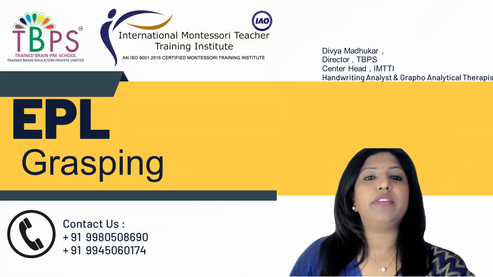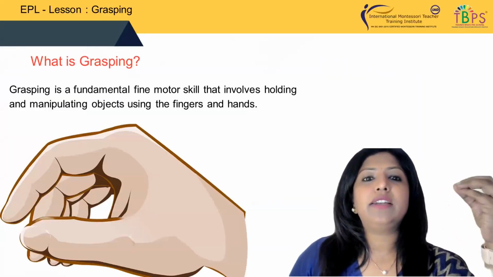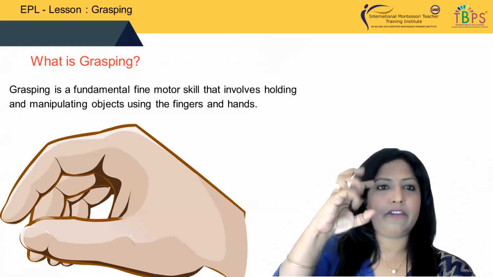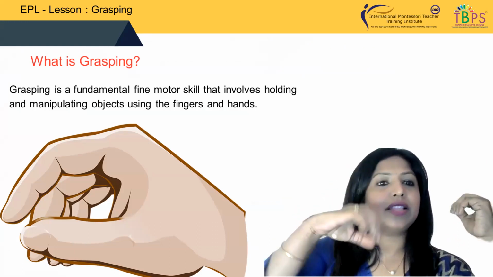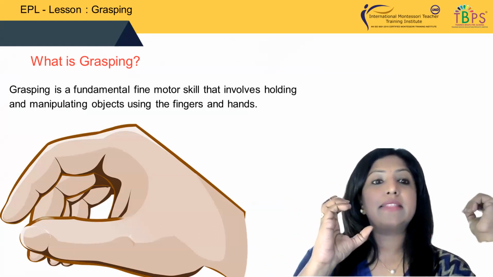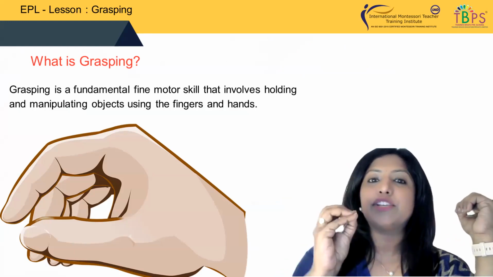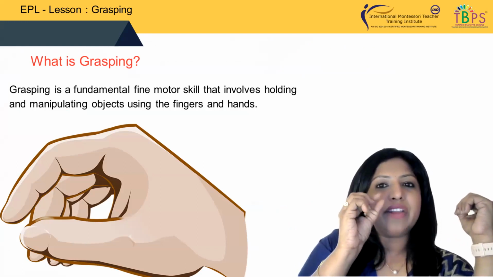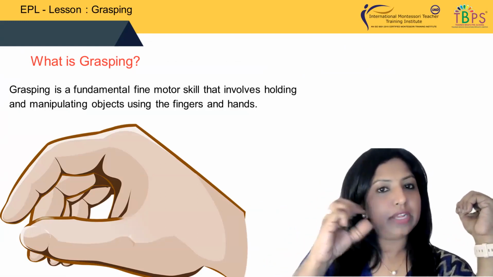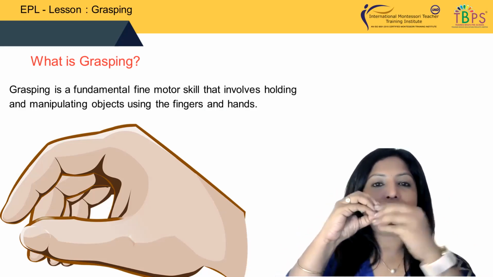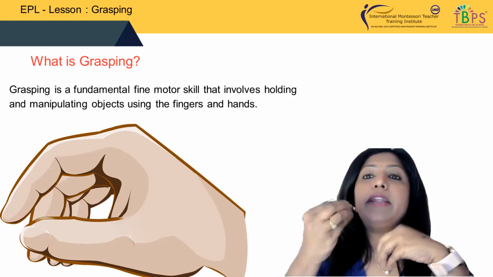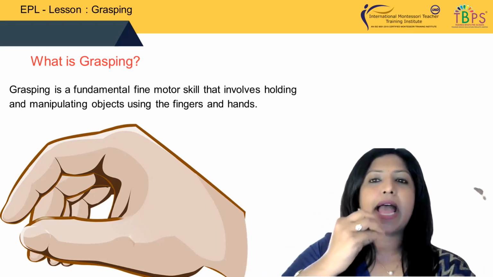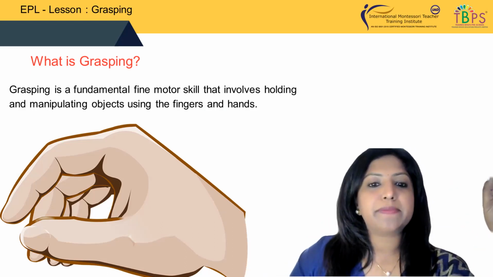Now, when I want to introduce grasping, what is the fundamental thing that I have to look into? My fingers are very important. My hand is very important, and the wrist movements are very important. Because when I say grasping, it's related to my fine motor. I'm not using my entire arm to move something. I'm making a very fine movement. So it's a fine motor skill, wherein I can hold any object and manipulate that object. I'm using only my fingers and sometimes my hands, but with very little movement. So this is my grasping.